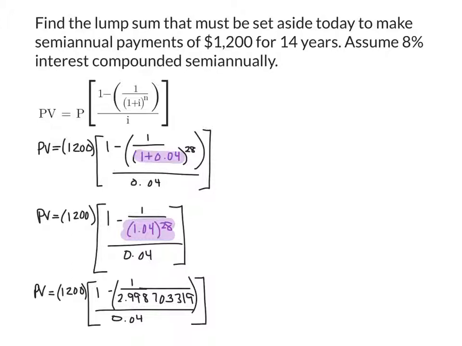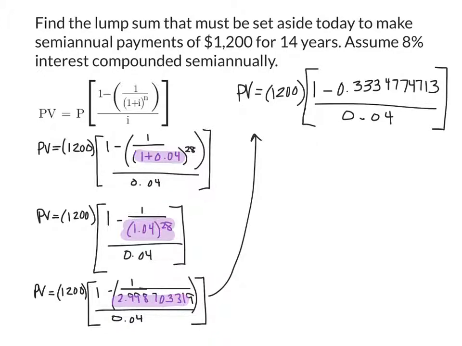You should get a decimal of 2.998703319. And write that number down on paper and then clear your calculator. And then on your calculator, you'll do 1 divided by 2.998703319. Once you do that division, you should get a decimal of